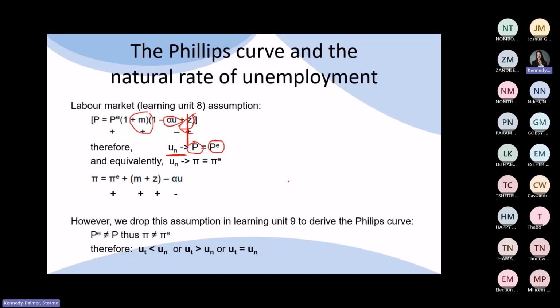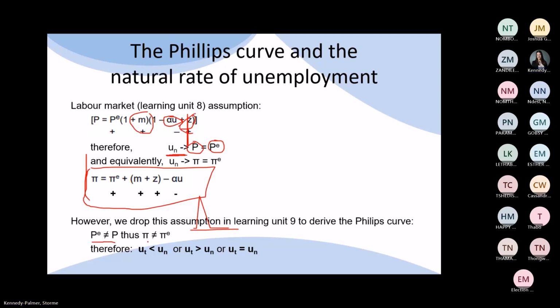So following from the wage setting relationship in the previous learning unit, we can see that inflation is positively related to expected inflation, positively related to the markup, and other catch-all variables. This over here. Okay. However, now we're going to drop this assumption that price is equal to expected price. Therefore, we're dropping the assumption